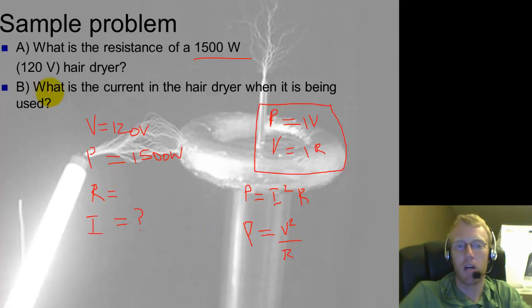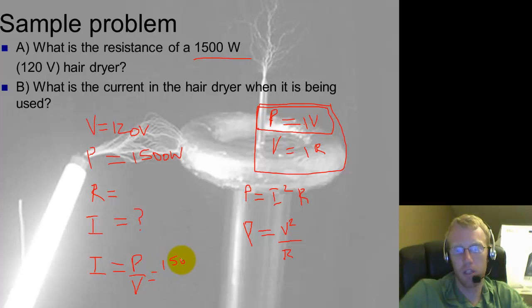What we really are asked for is what is the resistance and what is the current. We need to find both. So you can do them in whatever order you want. We know V and P. So I'm going to start with this one, and I'm going to find the current. So current equals P over V, which is 1500 divided by 120. So cancel one of the zeros, and you get that the current is 15 over 12, which reduces to 5 over 4, which is